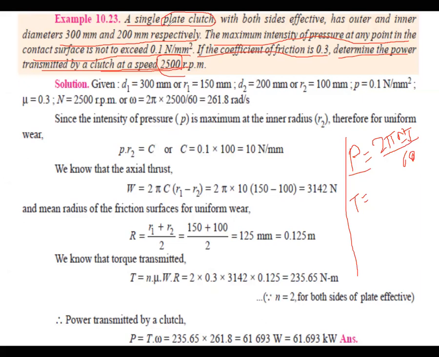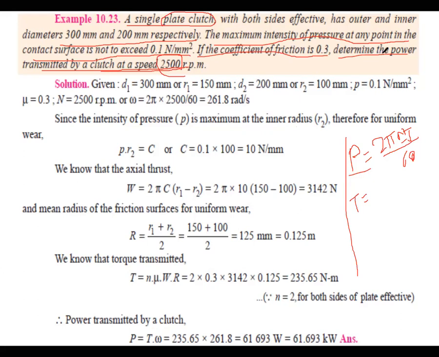Right? The problem belongs to which category? The problem belongs to which topic? Right. So in this, the problem belongs to single plate clutch. So you can easily identify the single plate clutch. So under that single plate clutch, there are two principles. One is uniform pressure and uniform wear condition. In such cases, you can go for both statements, uniform pressure and uniform wear. But instead of unnecessarily going for both, you just see which we have to calculate here.